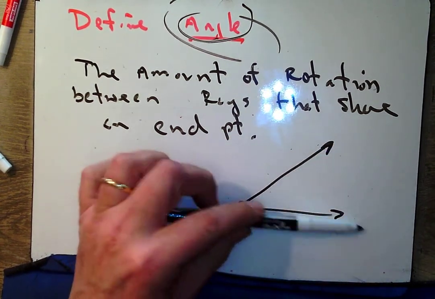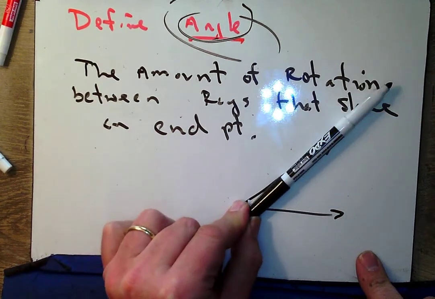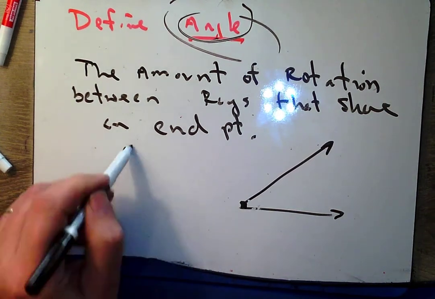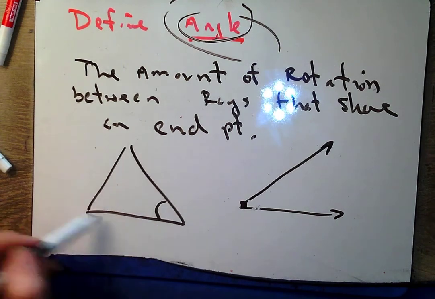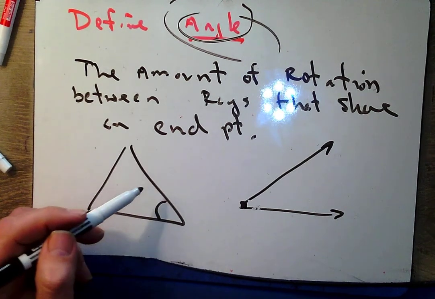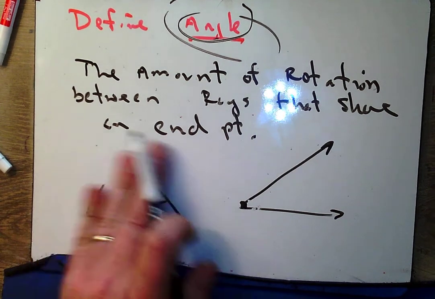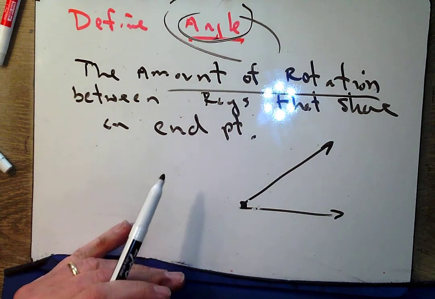What I'd really like you to do is imagine that you've got this ray and that you're rotating that ray. So that's a little different. We're so used to talking about, there's my angle, and I know that these three angles will add up to 180. That doesn't tell me what an angle is. And because we're talking about this amount of rotation thing, well,